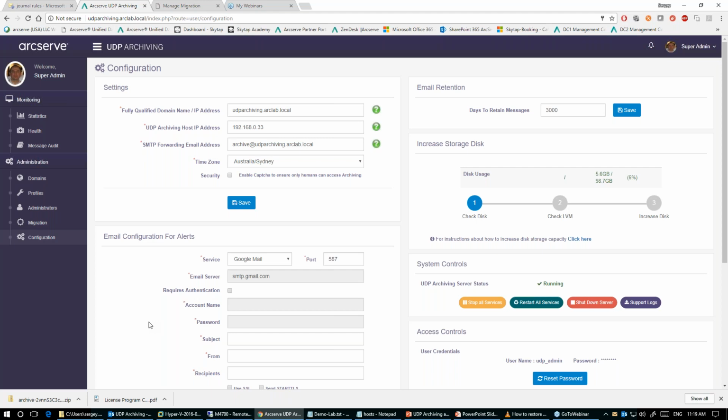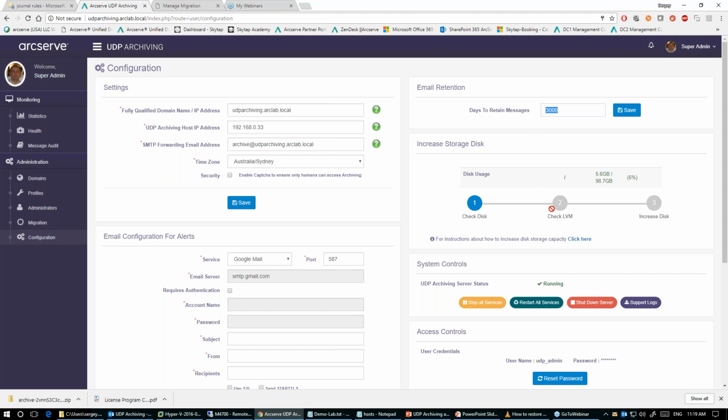As you see on this screen, we need to know IP address of the system, fully qualified domain name. By the way, days to retain messages here on the upper right side is defined by default to be 3000 days, but we can change it definitely.